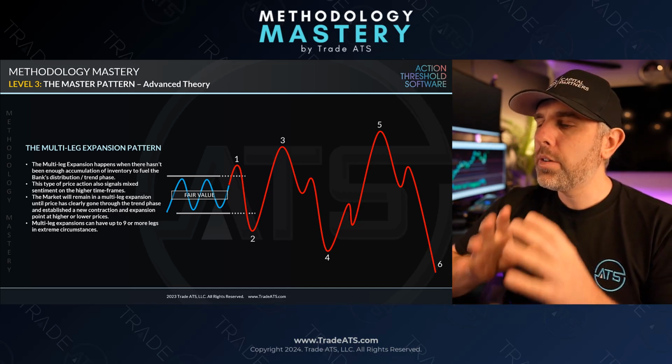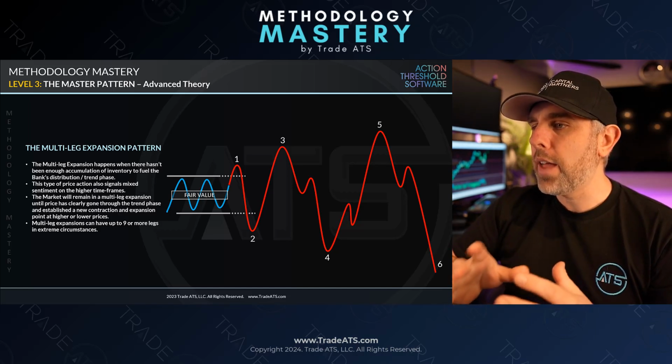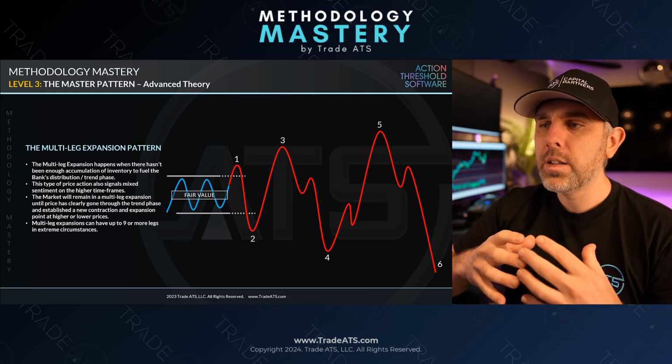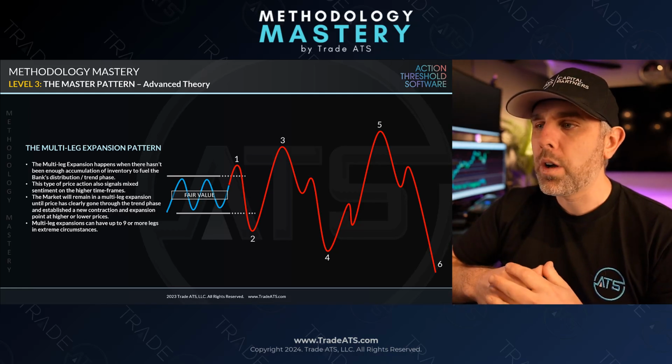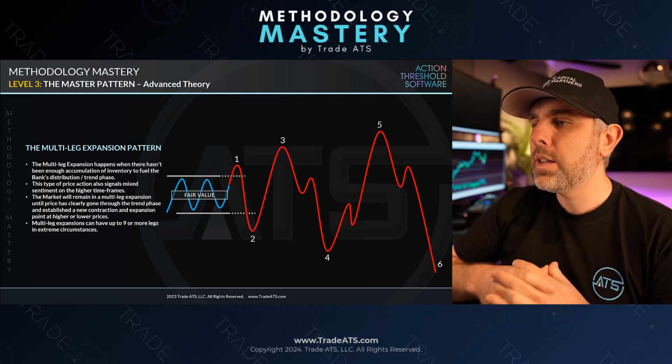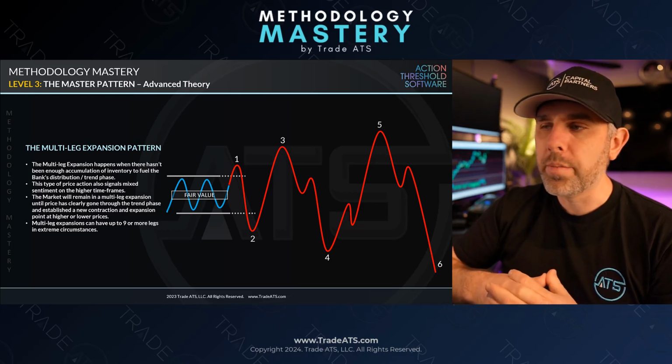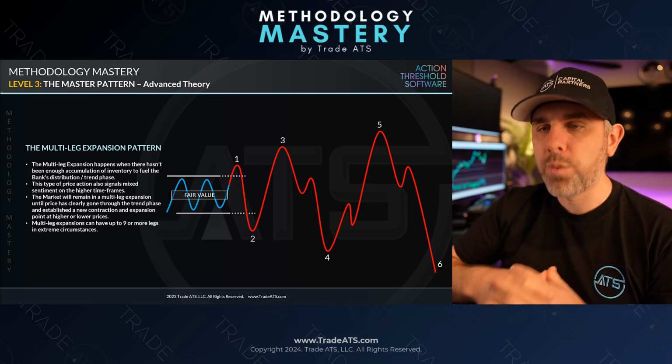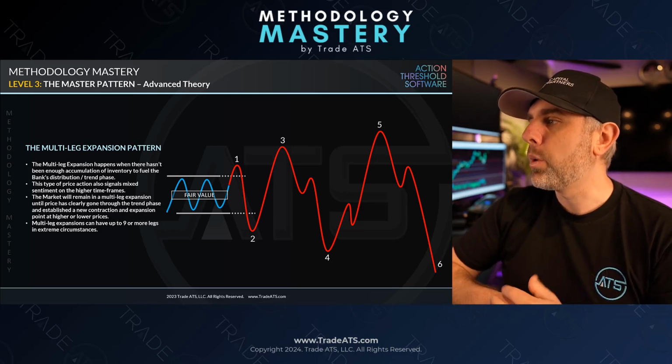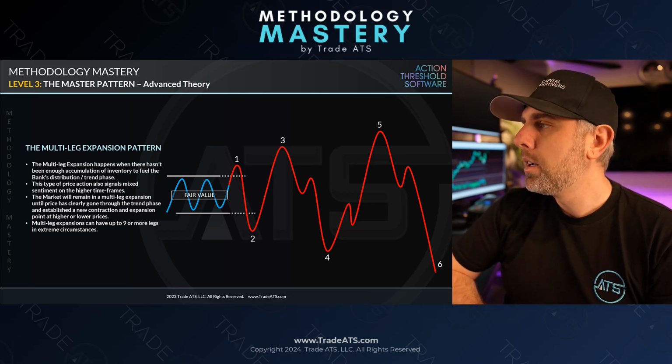Now, what other traders see this as is they're looking at this and they're getting caught in what we call breakout trading. They're seeing the number 2, they're going short. Number 3, they're going long. Number 4, they're going short. Number 5, they're going long. Number 6, they're going short. Sometimes we'll call this the whipsaw or the widowmaker pattern, right? This is what destroys traders.